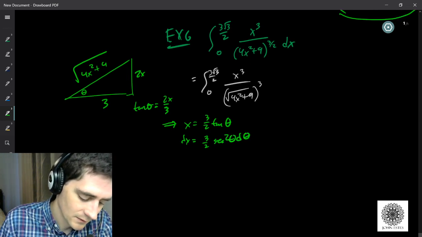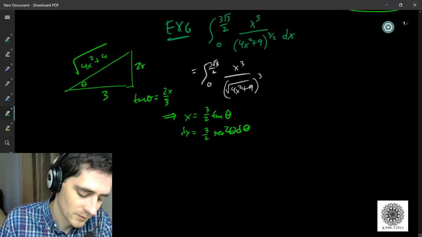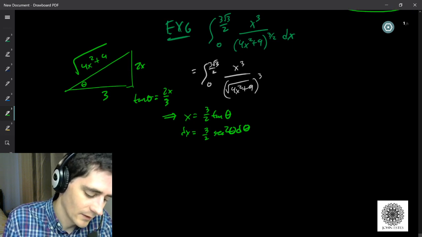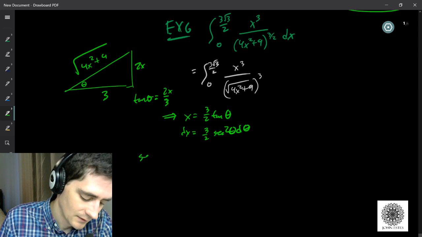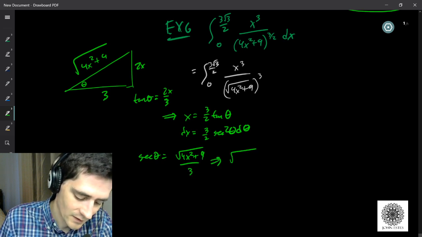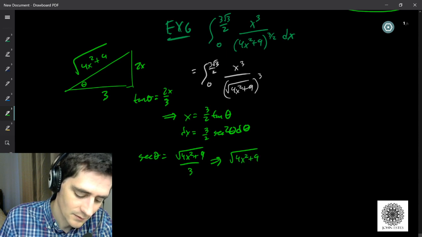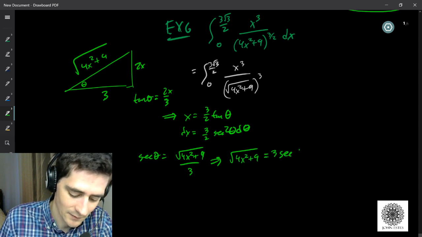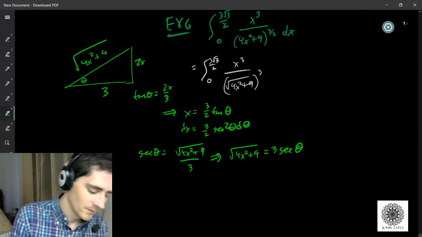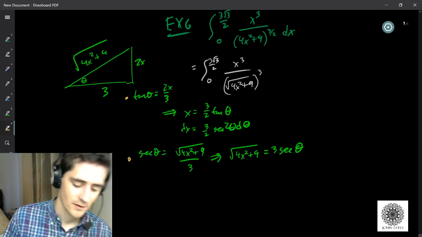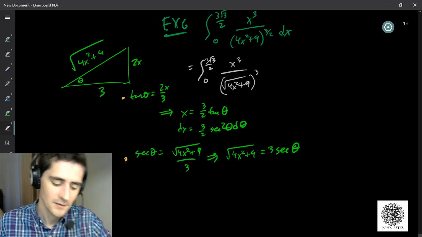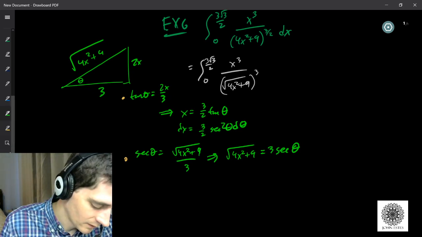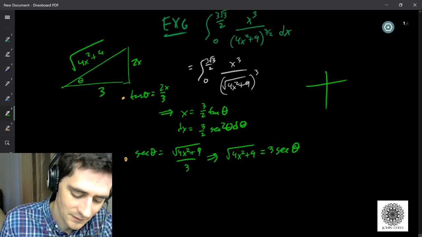And also the square root of 4x squared plus 9 is going to be hypotenuse over adjacent, secant theta equals that square root of 4x squared plus 9 over the adjacent side, which is 3. So then my denominator there is just 3 secant theta. All right, so that's what we end up with. Hopefully by now this is getting a little bit more familiar on where we're finding this stuff. What we also need to do is, since we have a definite integral,